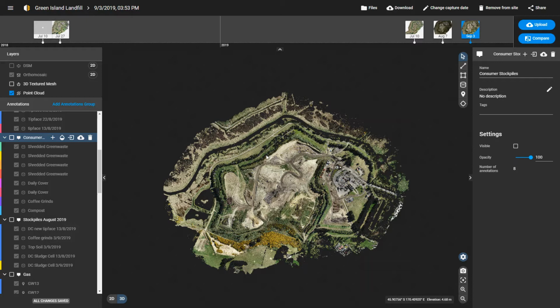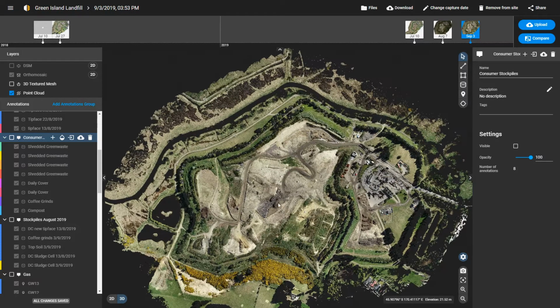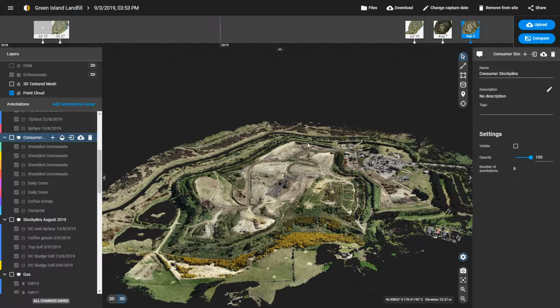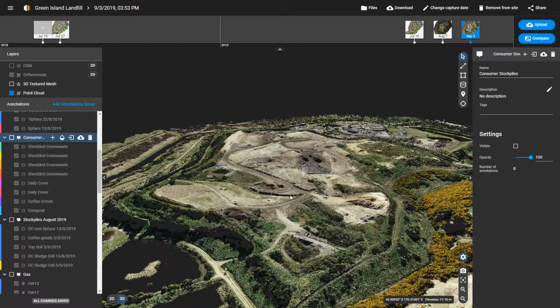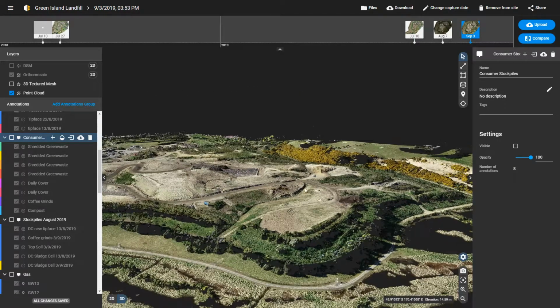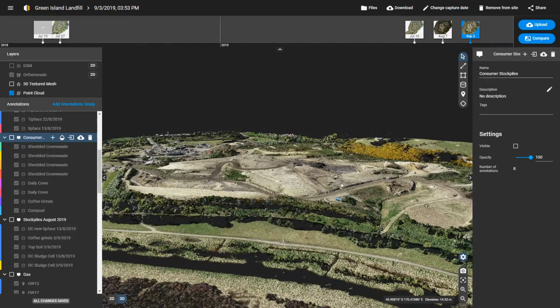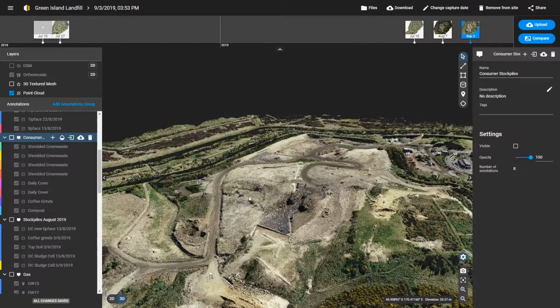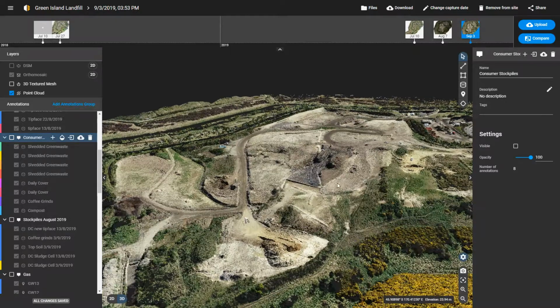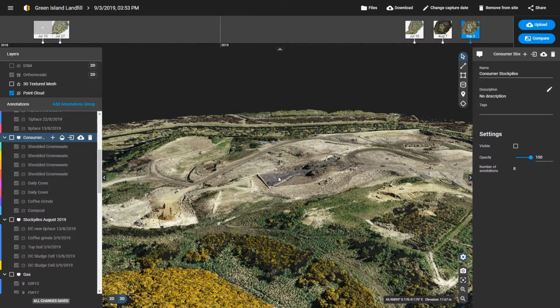So we've been flying the Green Island Landfill with our DJI P4 RTK drone since July last year. We did one survey and have done three subsequent surveys, one month apart, and we are looking at this kind of data. We've been flying it at 400 feet above ground level, nice high altitude. The resolution of the models that we've been getting has been repeatedly better than 5.5 centimeter Z or